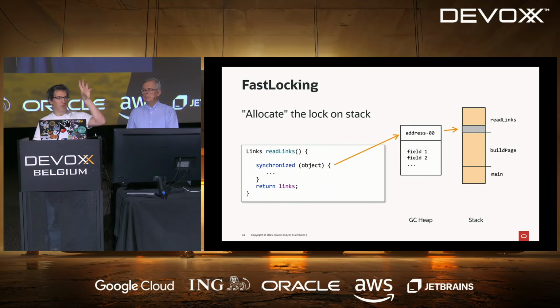In that case, the header of your object is referencing somewhere at the beginning of the stack frame of your method. It's quite easy for the VM to see if there is a synchronize in the bytecode and to reserve space for it, which means that if you have only one thread that enters a synchronized block and goes back and exits the synchronized block, there is no allocation in that case. So this is fast, and it works really great.